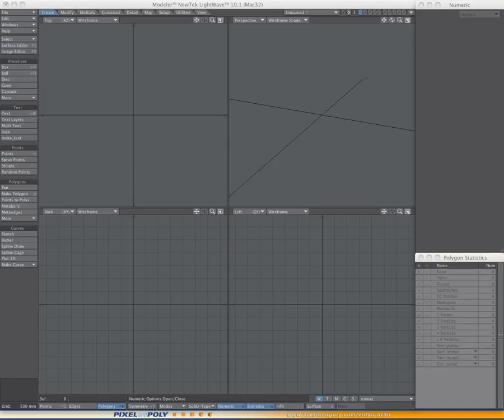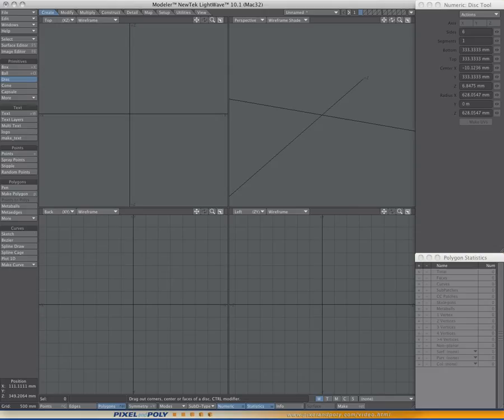Hey everyone, someone had emailed me asking if I could explain how I would go about creating a hexagonal based subdivision surface object such as a hex nut or a hex screw, something you might see on a mechanical object. So I'm just going to quickly go over the method that I use to create